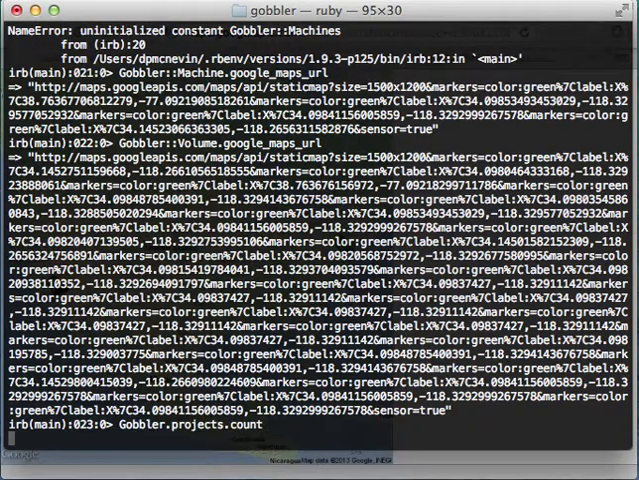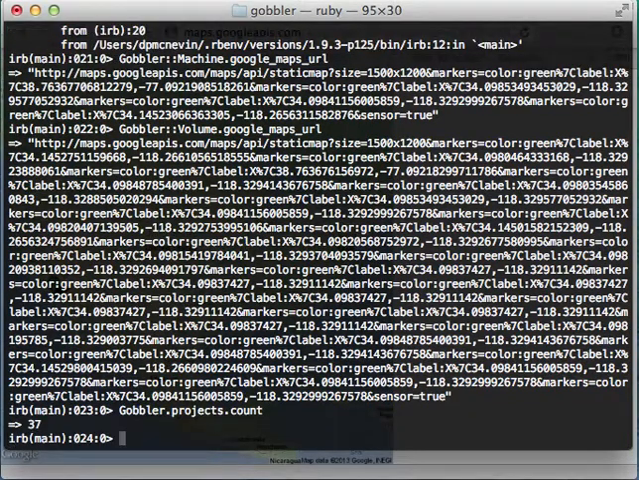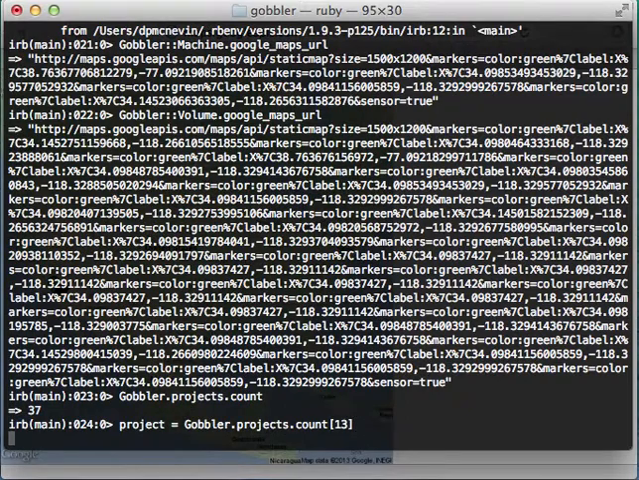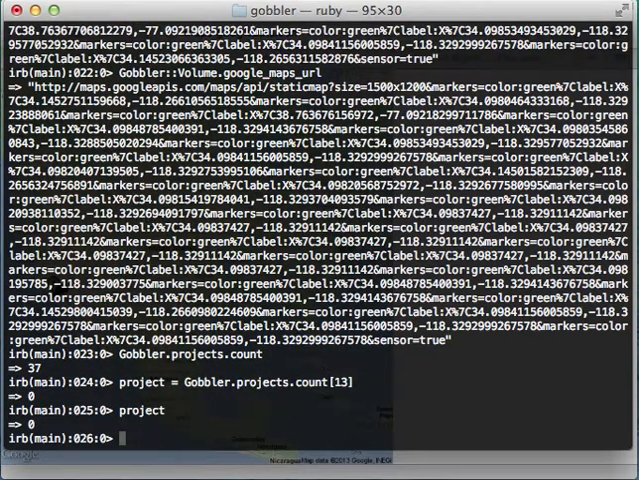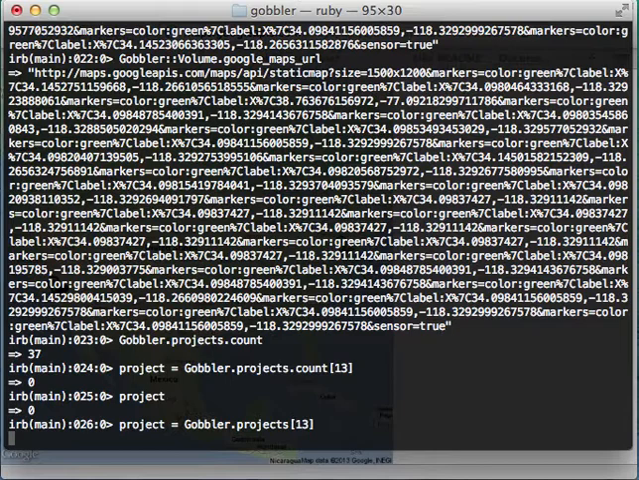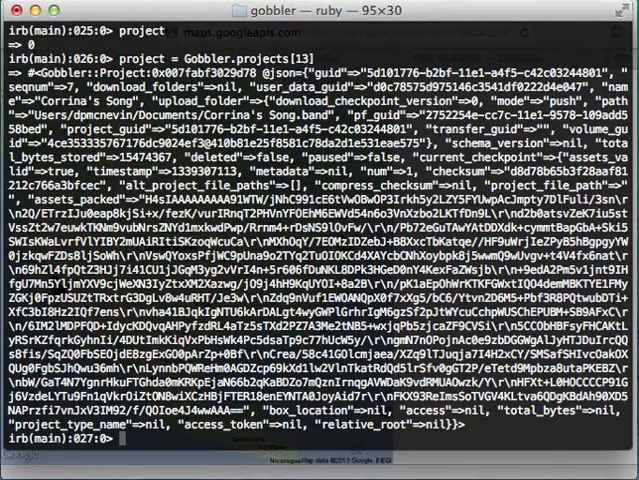So for my account here, let's say Gobbler projects account, I have backed up 37 projects. So let's just grab one of them, say 13. Right, so projects, oh, not count. So a project is, like I said, a backed up project